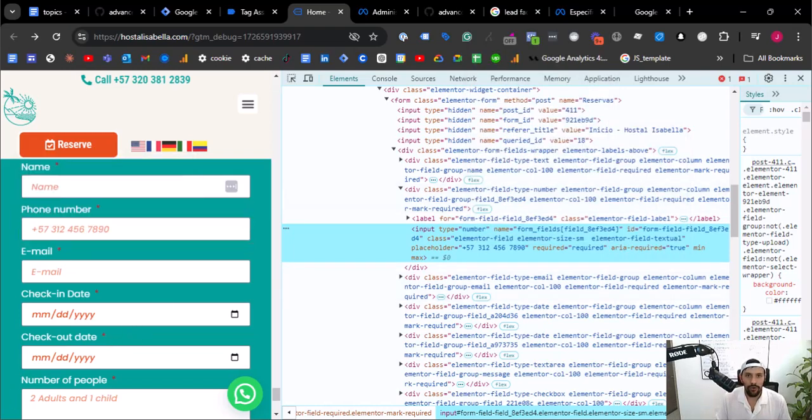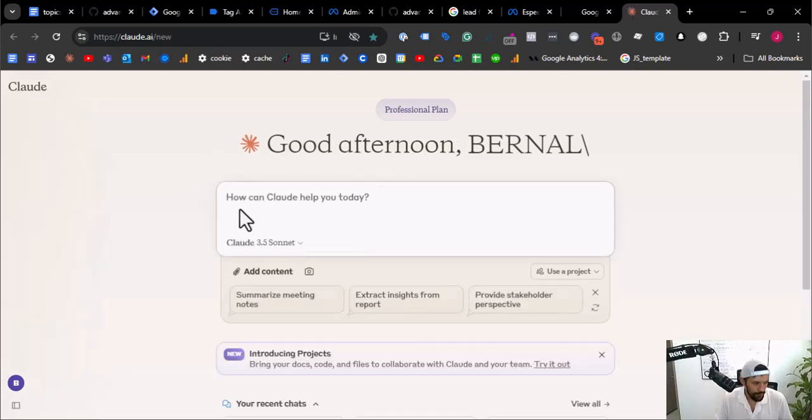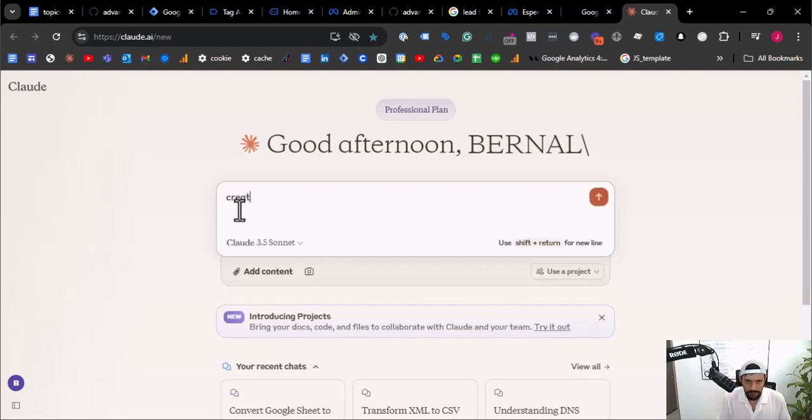Then we are going to go to an LLM like GPT or Claude. I use Claude. I think for the moment it's better for my work, you know. So let's do the following. Let's go and ask Claude or an LLM. Let's say, create a Google Tag Manager, this is important, custom JavaScript variable